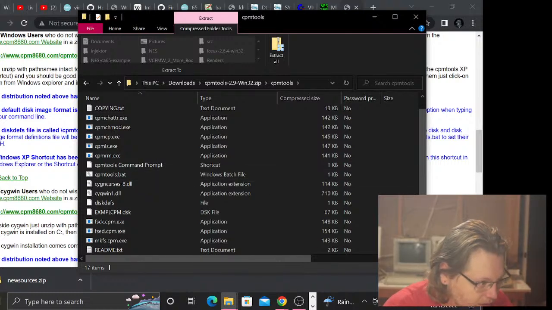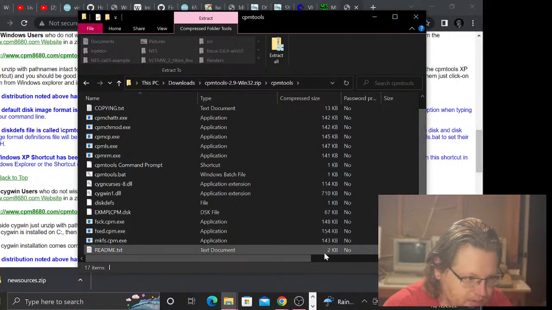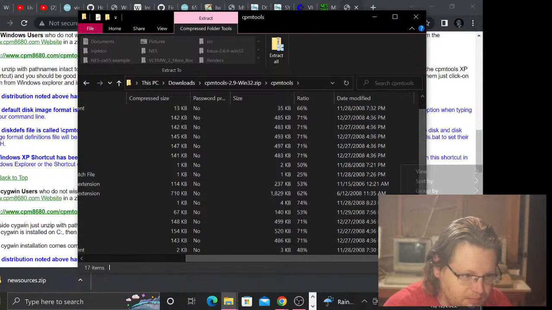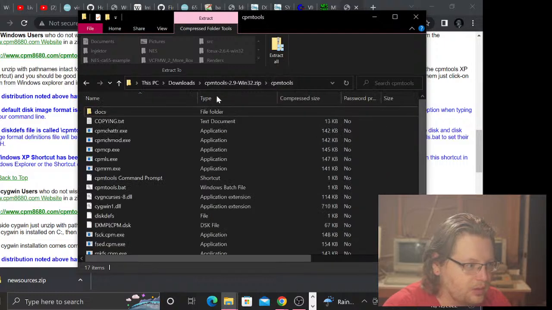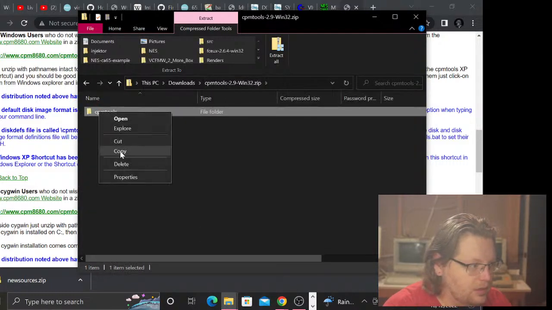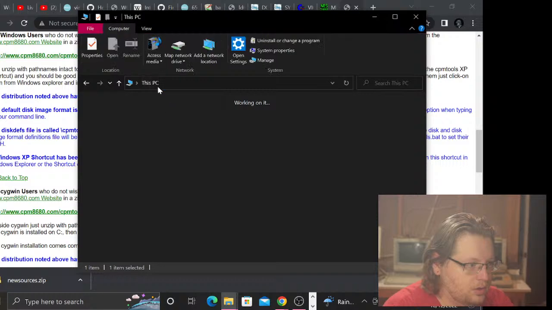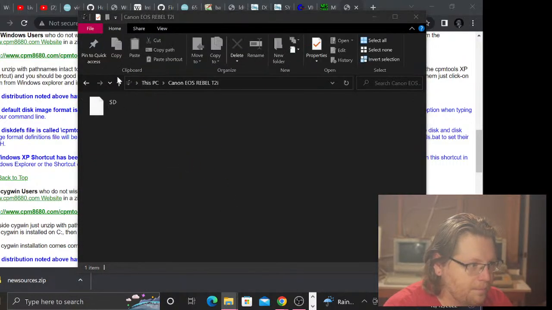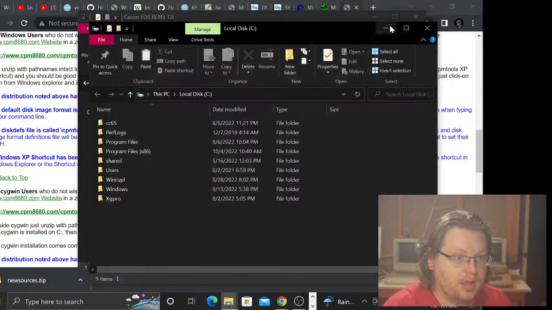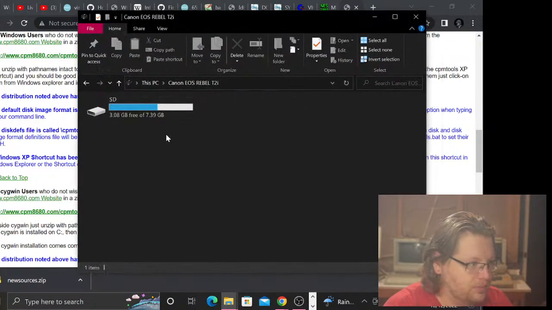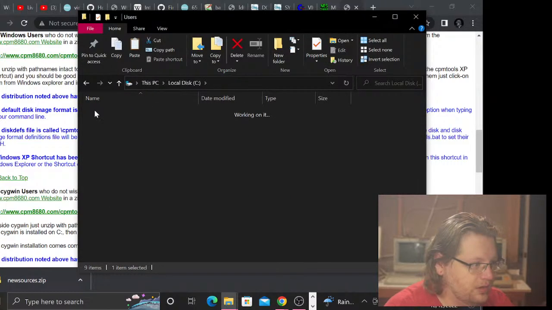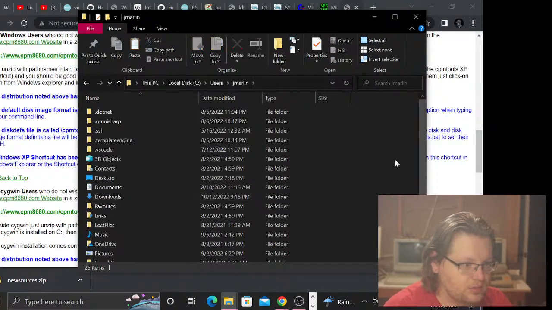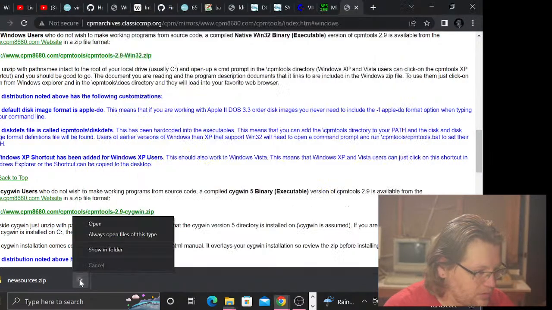Yeah, cool. I'm going to have to look at how these work, but I guess start a PowerShell here? Oh, this is in a zip file. Wow. Good job, me. Copy. Okay. I don't know how to use computer. How about users? How about jmarlin? How about just paste it here? Who cares? And also I want to look at this new sources.zip